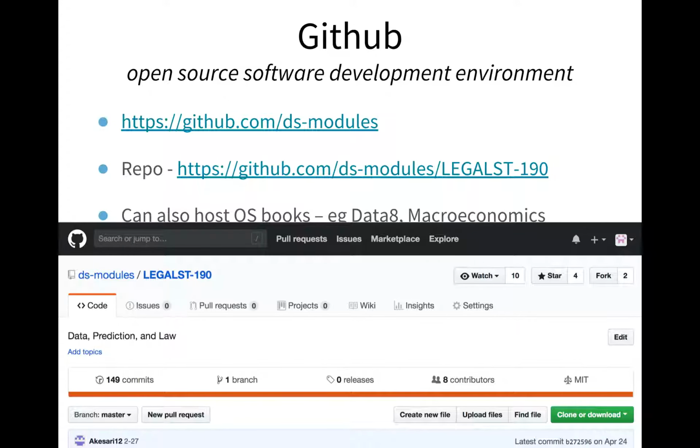Separately, there's something called GitHub, which we will also go to. The place where we put all our work is DS Modules, github.com/DS modules, and we'll all go there in a little bit. Really quickly, there's a term here called repositories, which is what the folders are called, but everyone calls them repos. I will slip into just calling them repos henceforth. So there's a GitHub repo for your class that we will find.